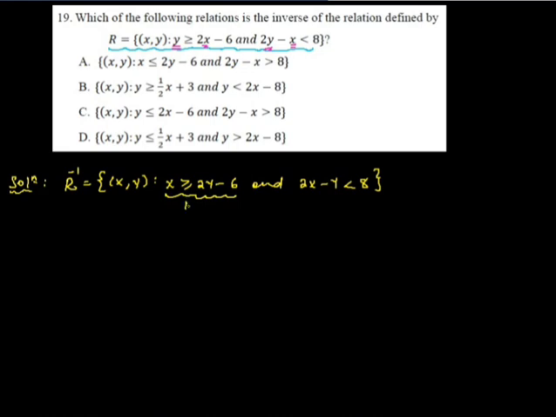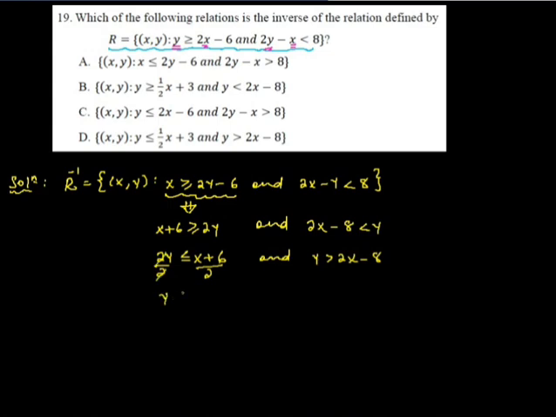ሶ ይሄንን ኢንቨርስ በሌላ መልክ እንጽፋለን። ኦኬ x greater than or equals to 2y minus 6 እንዴት ተደርጎ ሊጻፍ ይችላል? x plus 6 minus 6ን ወደ ሌፍት መውሰድ ነው። greater than or equals to 2y and ይሄንን ደግሞ 2x minus 8 less than y አድርገነው ልንጽፈው እንችላለን። 2y less than or equals to x plus 6 ልንል እንችላለን። and this one 2x minus 8 less than y ማለት y is greater than 2x minus 8 ማለት ነው።